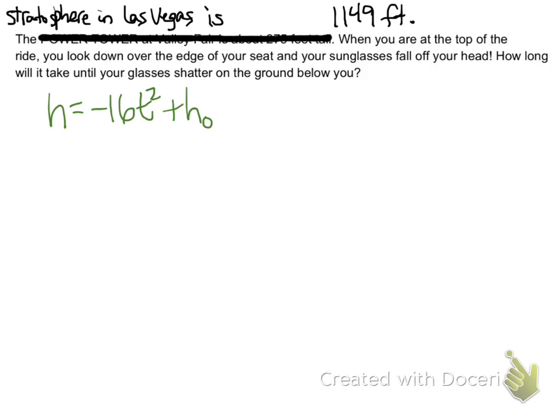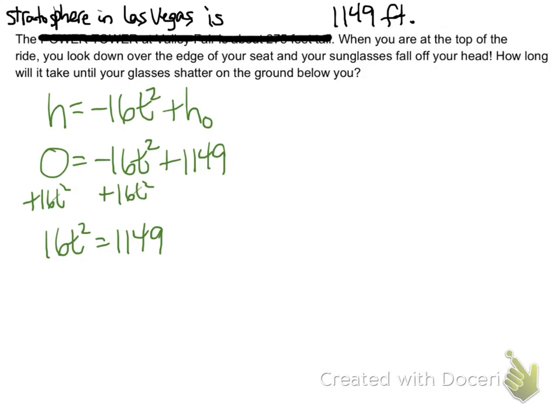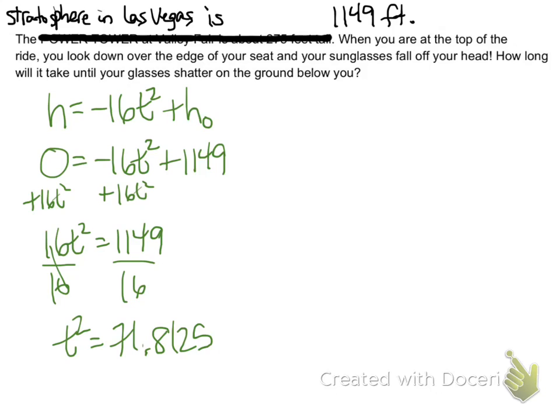So we're going to use this formula, and the final height, if it's landing on the ground, my height will be 0. I'm trying to find how long, so of course I need to solve for the t, and the starting height of my glasses is 1,149 feet. Solving this, I need to get the t by itself, so I'm going to add the 16t squared. Dividing by the 16, I get that t squared equals